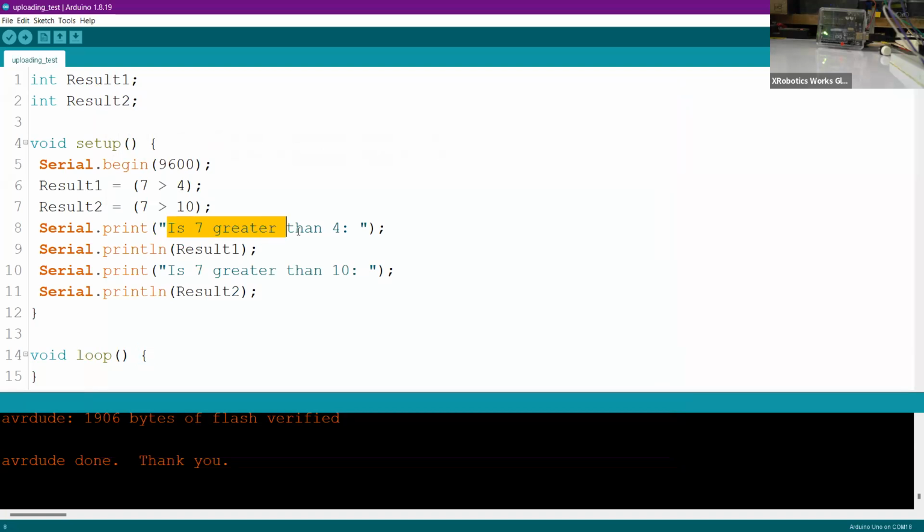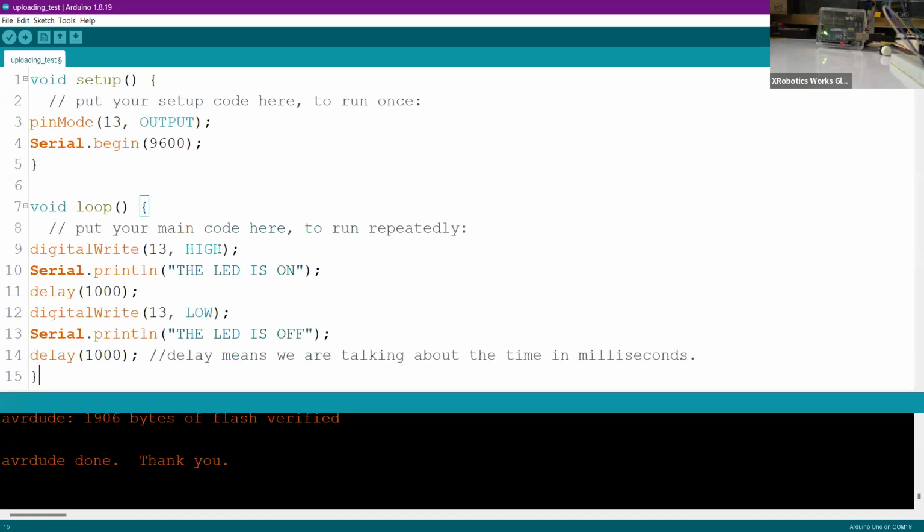So the first line is actually getting printed as it is, and the second one is the value which we stored earlier in this section by considering the two comparisons. And the last line is printing the value of result2. We did not use the println function on line number 10 and line number 8, because we want lines 8 and 9 to be on the same line, and 9 and 10 will be on the same line. So that is why we did the comparison. Okay,